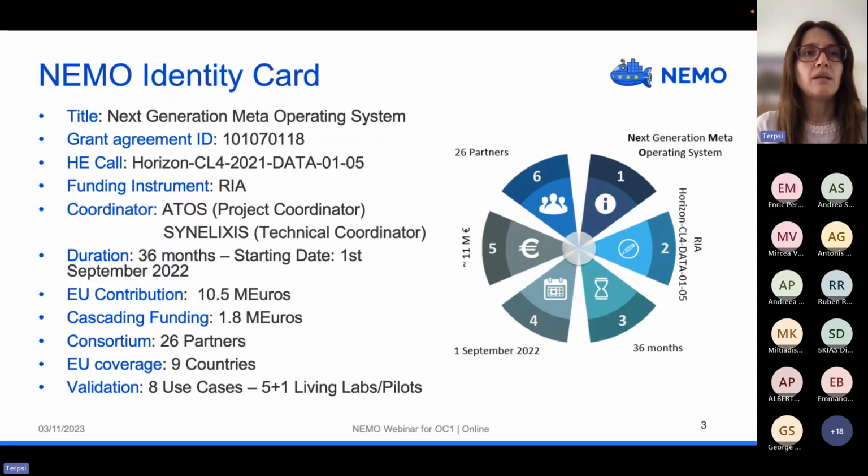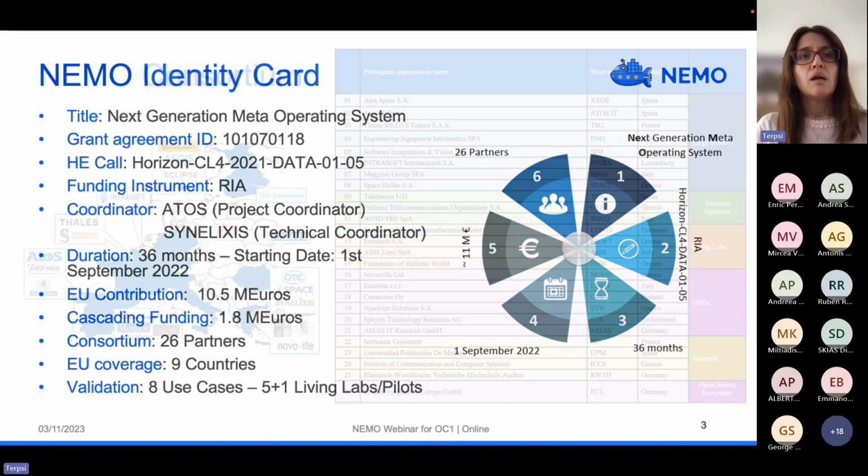Regarding our identity, NEMO is entitled Next Generation Meta Operating System. It is funded as a research and innovation action. And what is also of interest for the webinar today, it plans to release 1.8 million euros as a cascaded funding for third parties that will join through the open calls.